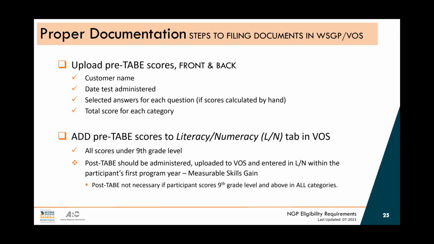So a good use of the TABE for measurable skills is with the GED, because right now measurable skills does not really track GED progress. So you can't put in measurable skills performance that the person has passed one of the 4 subjects. That's not one of the measurable skills requirements, okay? So in order to prove that this person has improved their math and their reading categories, you could TABE them again. And by TABEing them again, you show that they've made improvements there until you're able to get their GED records.